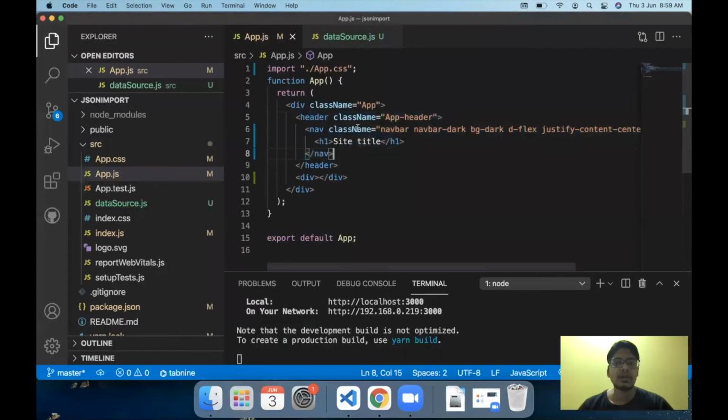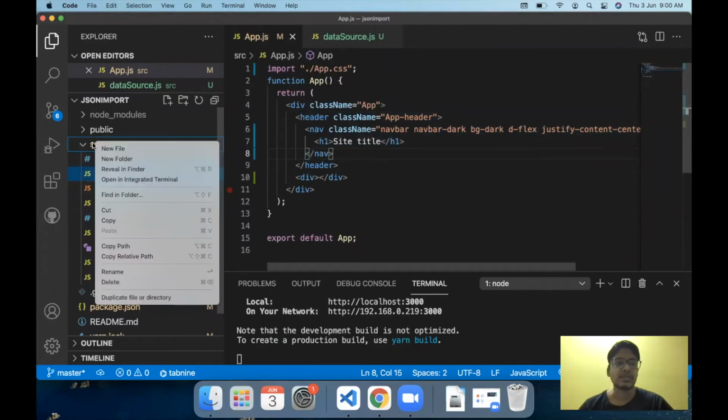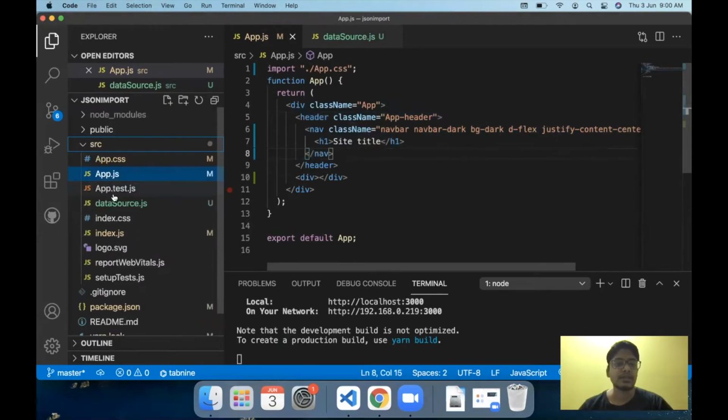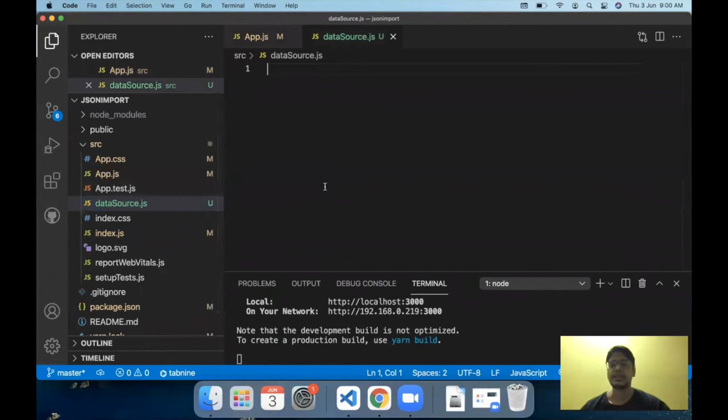Now, as I mentioned, we want to use the object from another file. So let's say we have a dataSource.js file created. You can go to the src folder, click on the new file option and give it a name, for example dataSource or something like that. So we have a dataSource.js file created here.